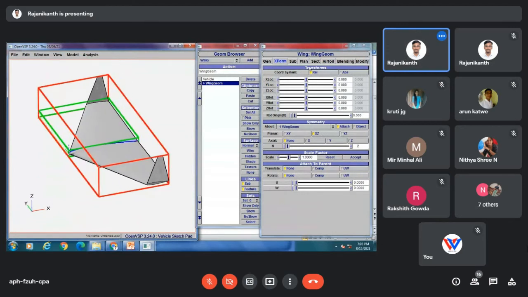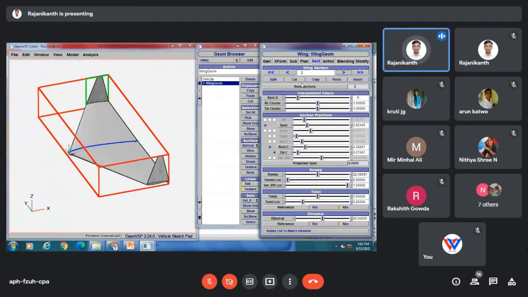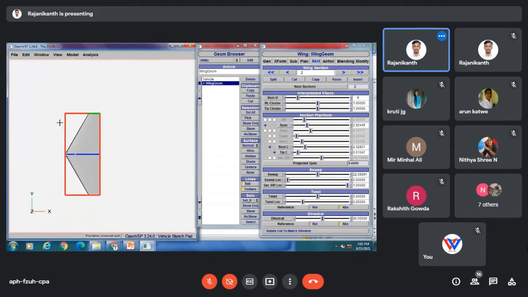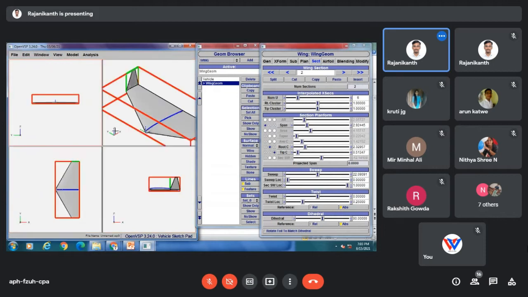Okay, we'll go to the second section and we'll increase its parameters.